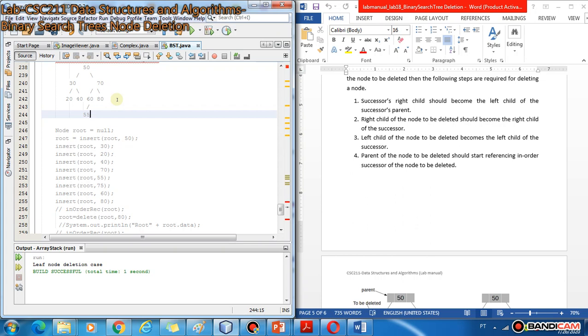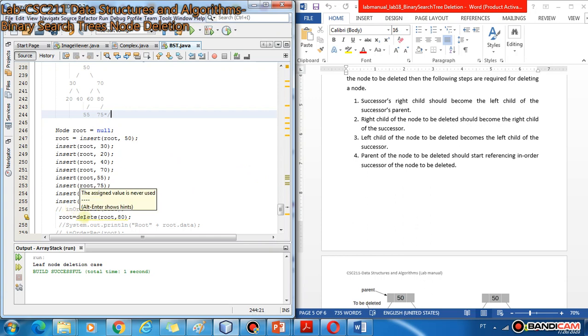All right, and then we insert 75. 75 will become the left child of 80. So this would be the structure from these insert commands.